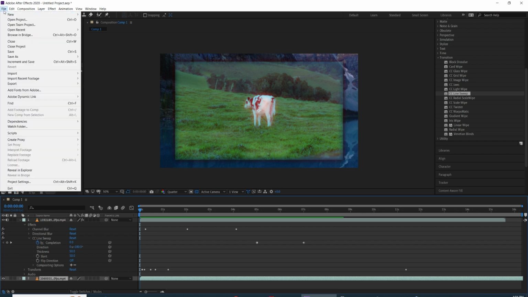So we're going to go to the upper left corner and go to File, and under File we will go to Export. Now normally you had these two options, which was to add to render queue, which would render your video inside After Effects, and then you had Adobe Media Encoder queue, which was a separate software that the only thing it does is handle exporting videos and changing the format of videos. So maybe you didn't want an MP4, maybe you want an MP3. We're going to use that because